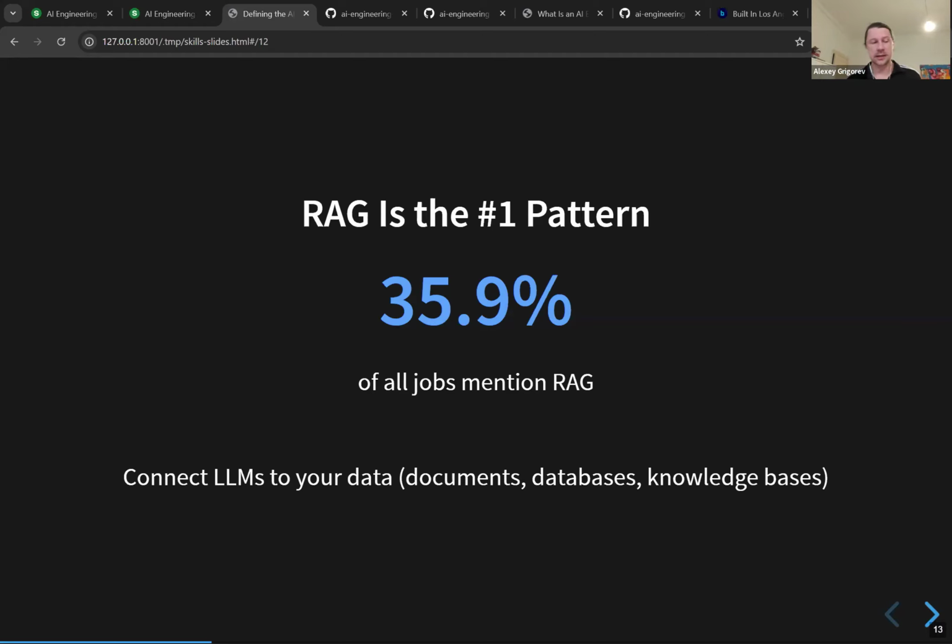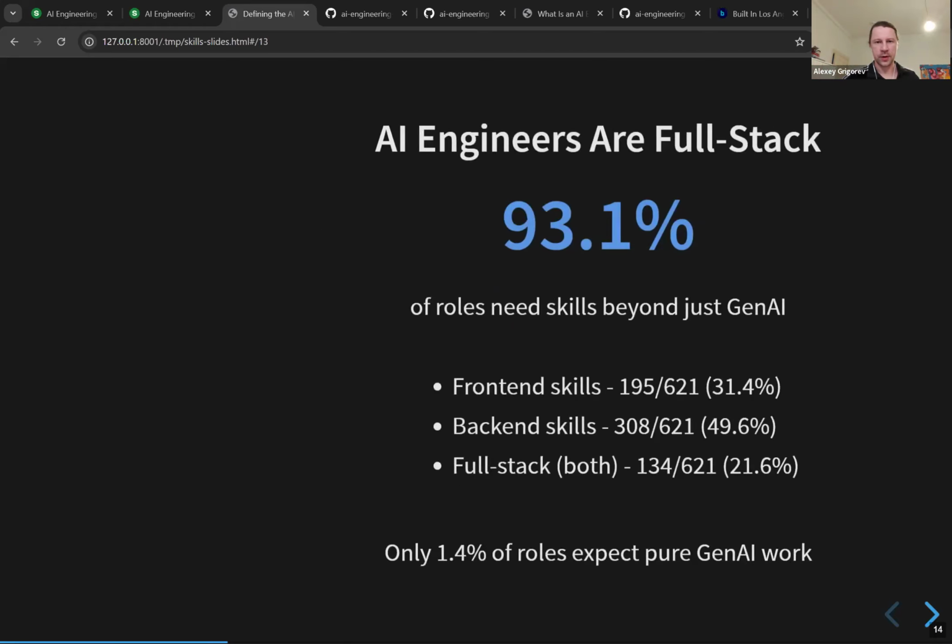So they mention RAG explicitly, but even if they don't mention it explicitly, I think this could be assumed. You need data to use AI, right? You don't just apply AI to something, you apply it to your data. And for that you need RAG, right? It's connecting LLMs to your data. It also means that you need to set up all these processes to do RAG. So this is the number one pattern that we see in the data, the number one application of AI that AI engineers do, right?